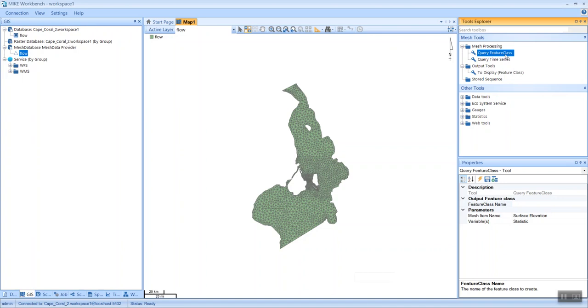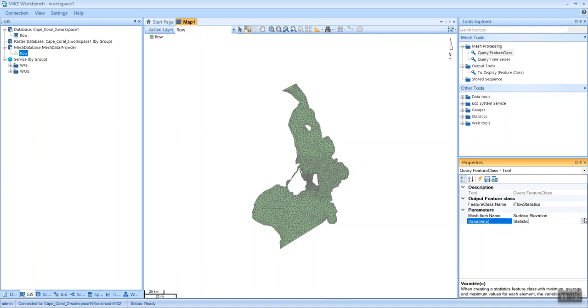By statistics, I mean minimum, maximum, and average value for each of the elements of the mesh. What I will do now is extract the statistics from the file we have here. So the first thing I need to do is to define a name. Flow statistics.